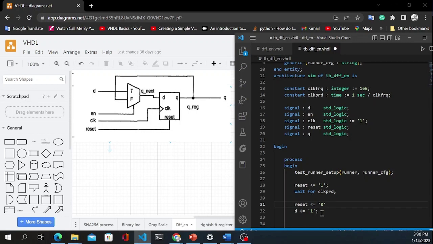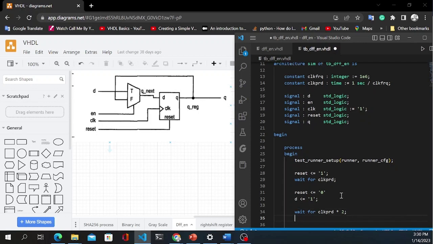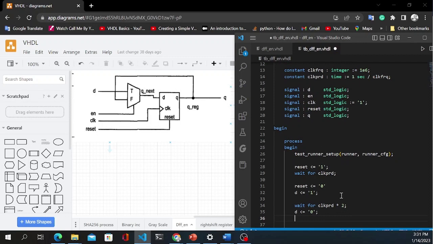We can also say that our input equals 1, and then we can wait a clock period, and we can wait for 2 clock periods, and we can change our D to be equal to 0, and we can also say that our enable,